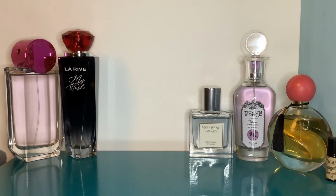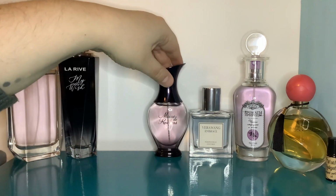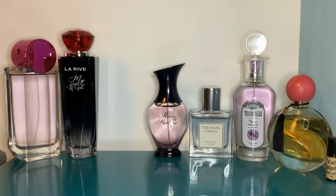I've completely fallen in love with this. I think it's fabulous. And you can get it for so cheap. It's mad. I'm pretty sure it's been discontinued because it's not on the Rochas website anymore. I really would like to know what Femme smells like from them. And I really want a bottle of...